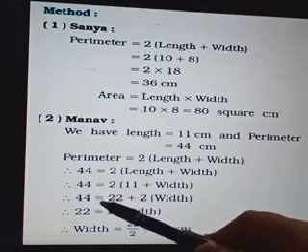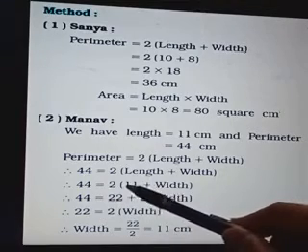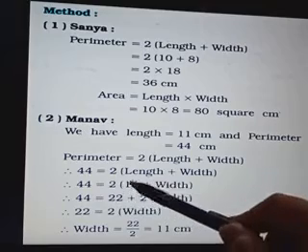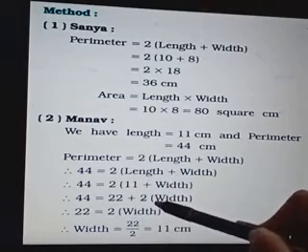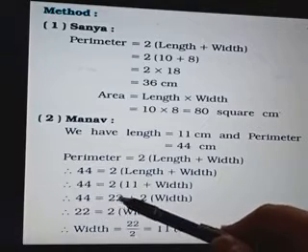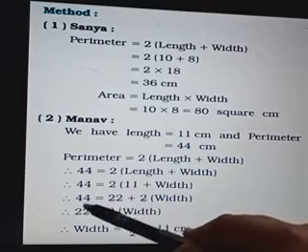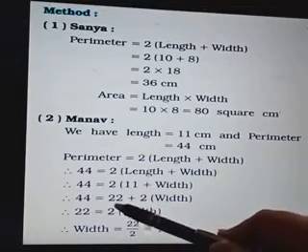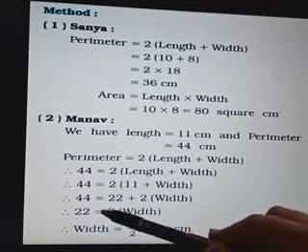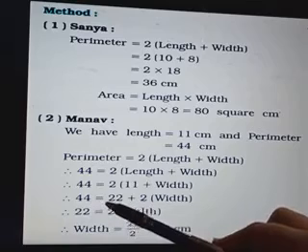So what we will do here now, 44 as it is, when you open this bracket it will be multiplied. So 11 2s are 22 and 2 multiplied by width, right? Now here 44 and here 22. So you will change the side of 22. It is given on the right side, but you will place it on the left side, and when you keep this 22 on the left side it will be minus, right?